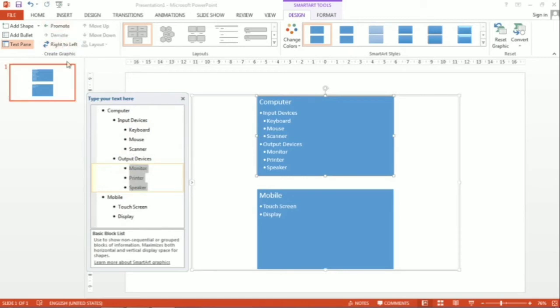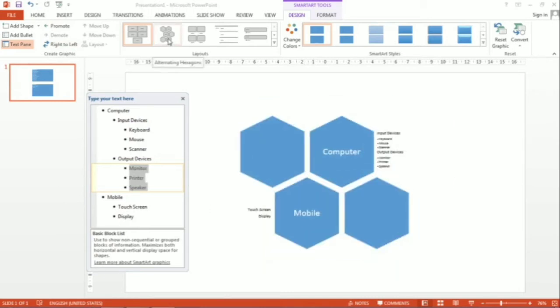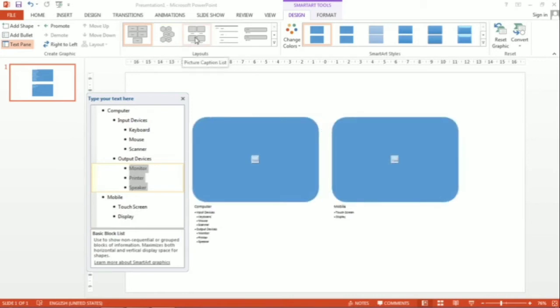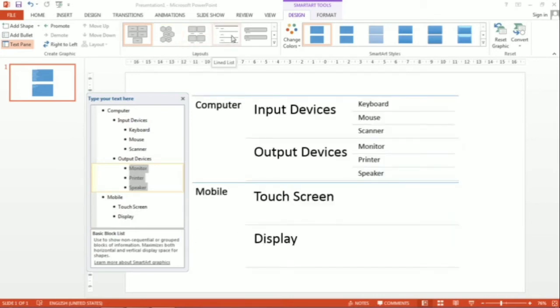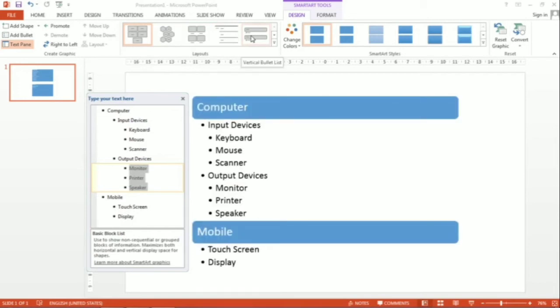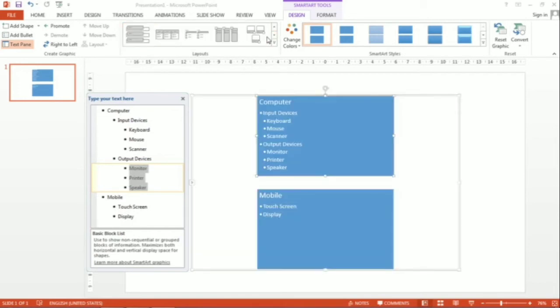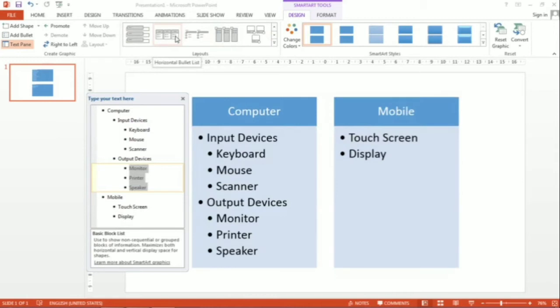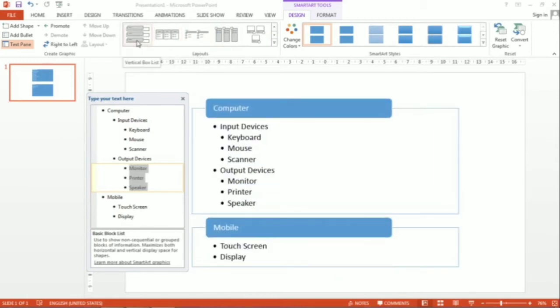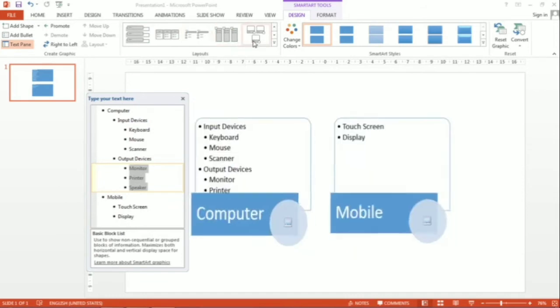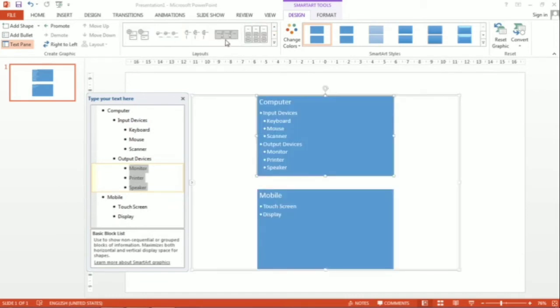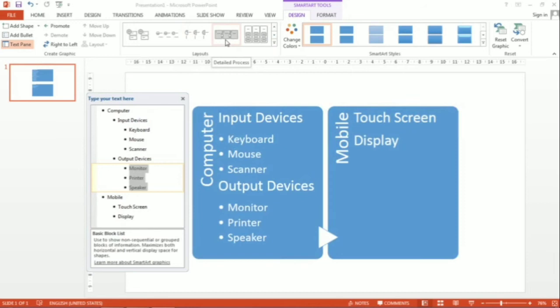Now next is layout. If you want to change the layout, suppose I want to use this one. So click there. I want to use this one. Click there. Whatever layout you want, just click there. It will come. See, like this. If you want to prepare a list like this, or display something like this, just place your cursor. It will display the preview and click on it. Whatever object you want to use, you can use them.